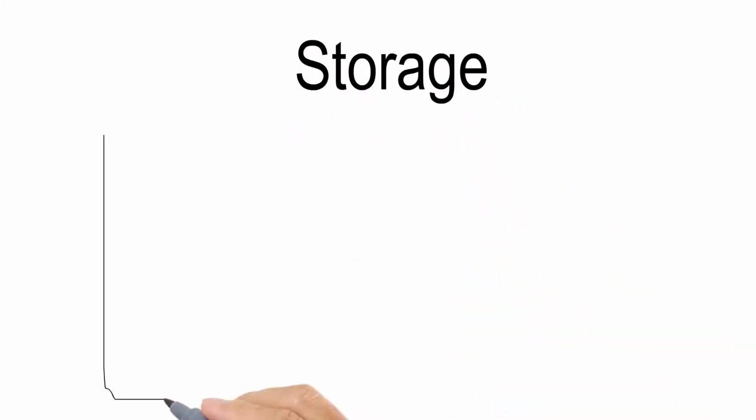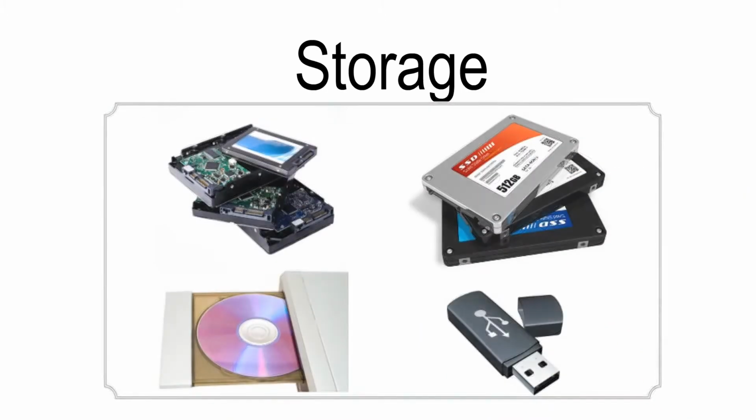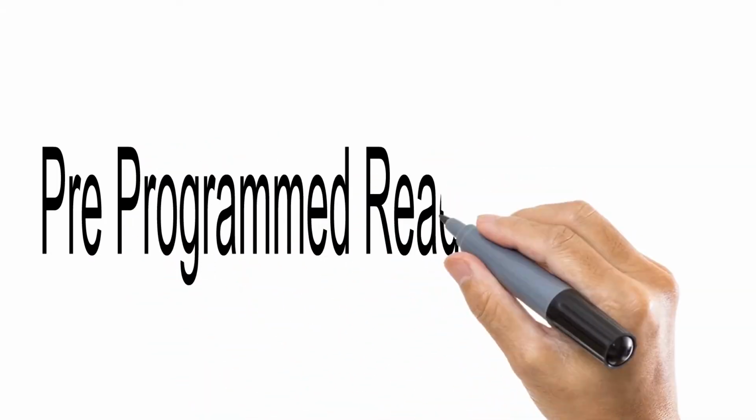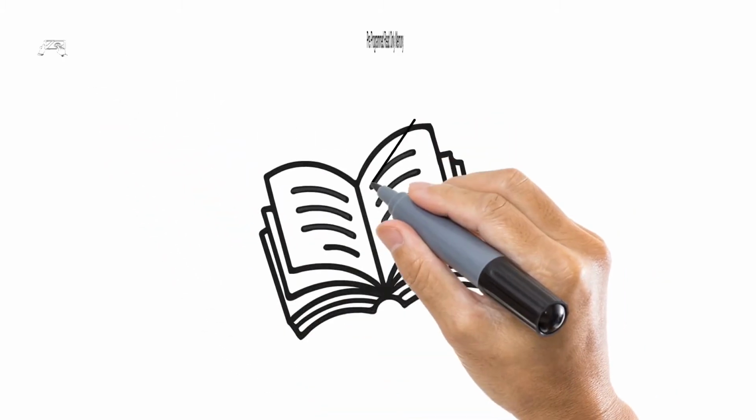Let's talk about the storage now. Computers use some storage media devices to store data permanently because RAM and ROM cannot store data permanently. These storage devices are basically pre-programmed and are read-only in that the user cannot configure them internally or change the program in them, but at the same time they can store and modify data.